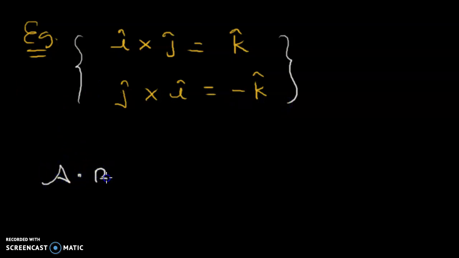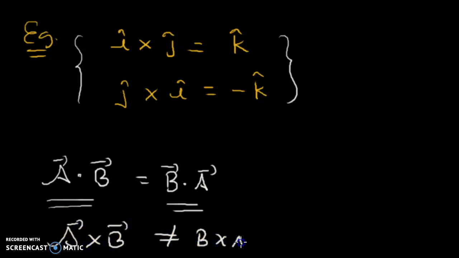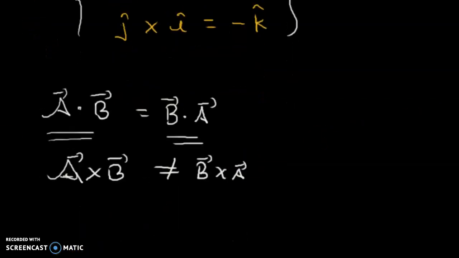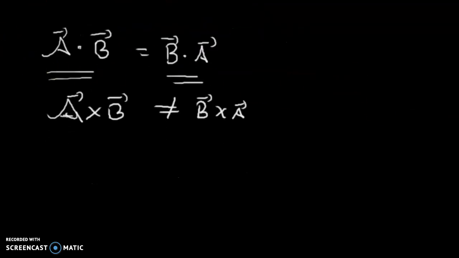Say for example, a dot b is equivalent to b dot a, because in dot product or scalar product it doesn't matter, there is no direction, but a cross b is not equal to b cross a. It is actually negative times b cross a. So this is the point, how it is happening, and what is the easiest way to determine the direction. So I'll give you the easiest way to determine the direction,